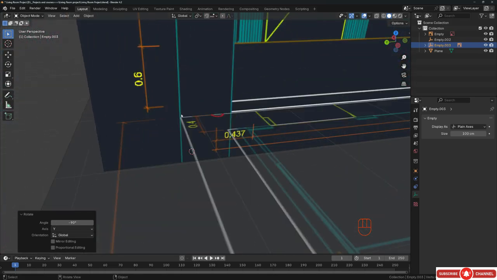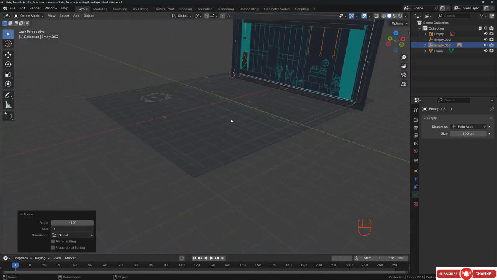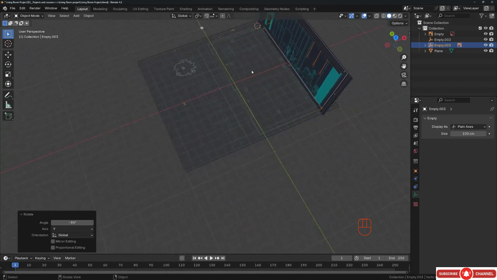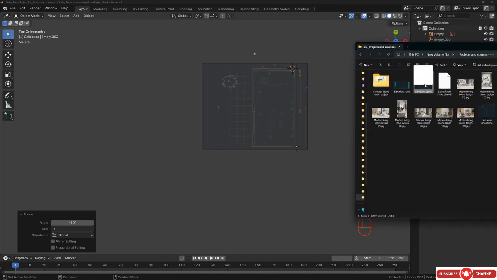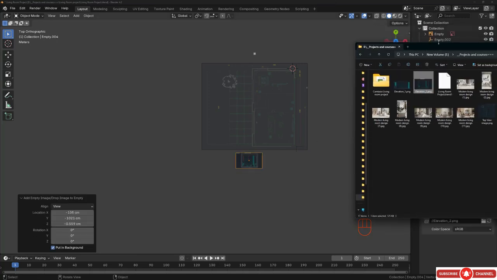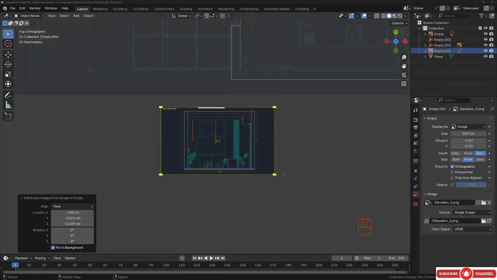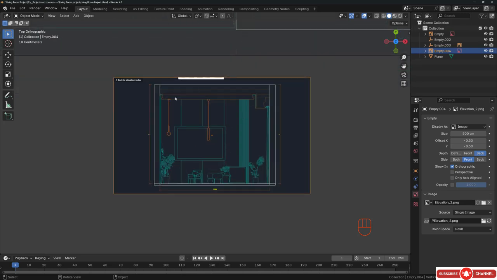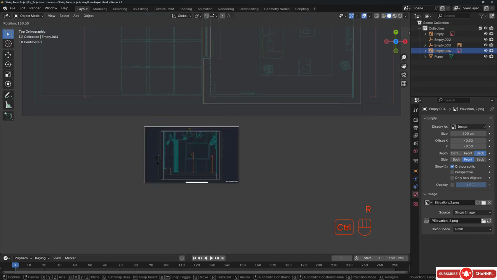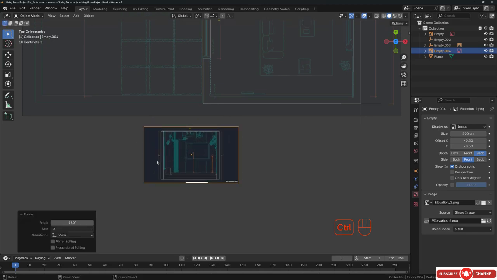Alright, and now this image aligned with this one, everything is perfect. Now let's go back to the top, and I will select the elevation 2 and import here, something like that. And I think we should rotate this one or not. So this is the ceiling and this is the ground. I will hit R and rotate it like that, 180 and